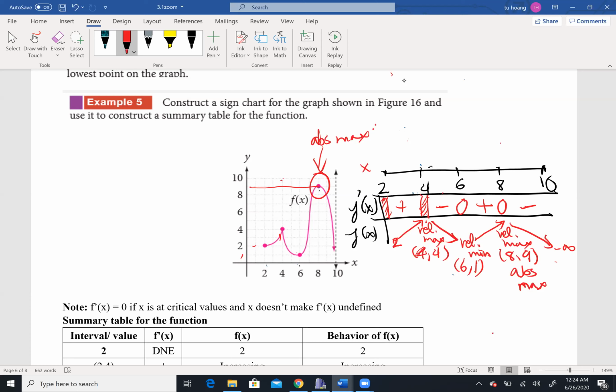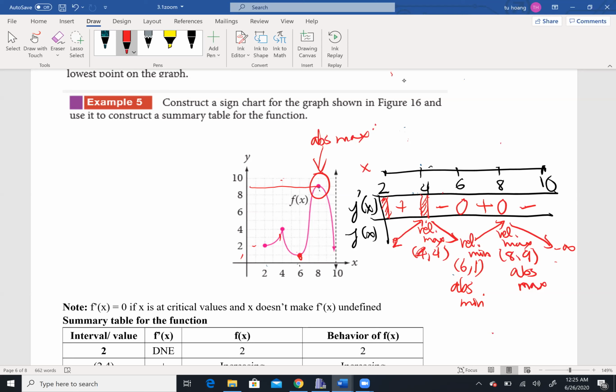So I'm gonna say the lowest value in here, the absolute minimum in here, has to be this part. I'm gonna call it relative minimum, which also is absolute minimum, is 6, 1. Okay, so that is the sketch chart